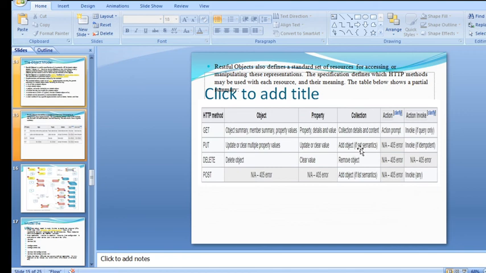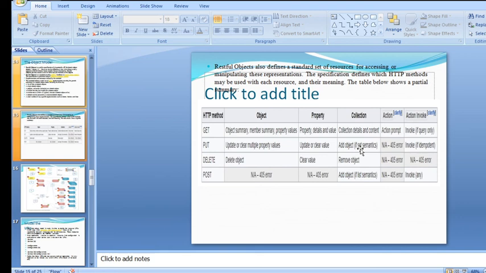GET returns the object summary, member summary, property values, property details and values, collection details and contents, and actions. Action invoke is allowed if query only.